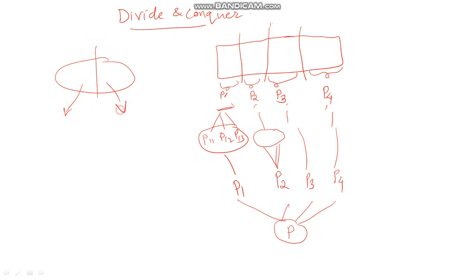These smaller subproblems are solved. They can be directly solved or they can be further divided into smaller subproblems until they are solvable easily. And once we get the solution to the subproblems, we go on combining the results and finally we combine all the subproblems to get the result of the given problem. So this is the methodology that is used for divide and conquer. There are many algorithms that can be solved by divide and conquer, and this is a very powerful tool of algorithm design.